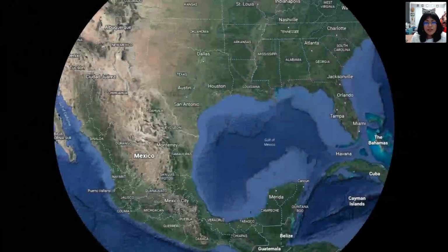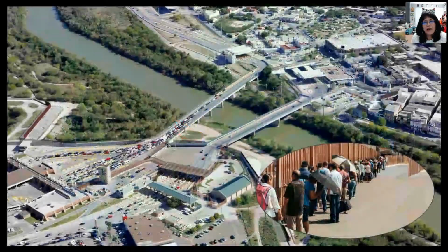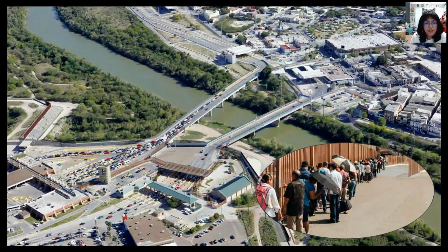So my topic is related to an area that I would like you to know and get more familiar with. This map. It's basically the United States, Mexico, and this is the border. The border shares a lot of beautiful things. We share culture, language, and food, amazing things, and of course the river that is the geographic barrier here, where